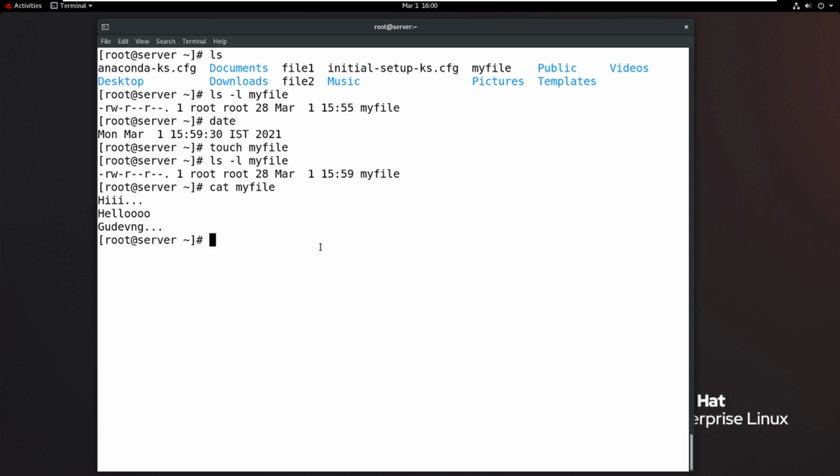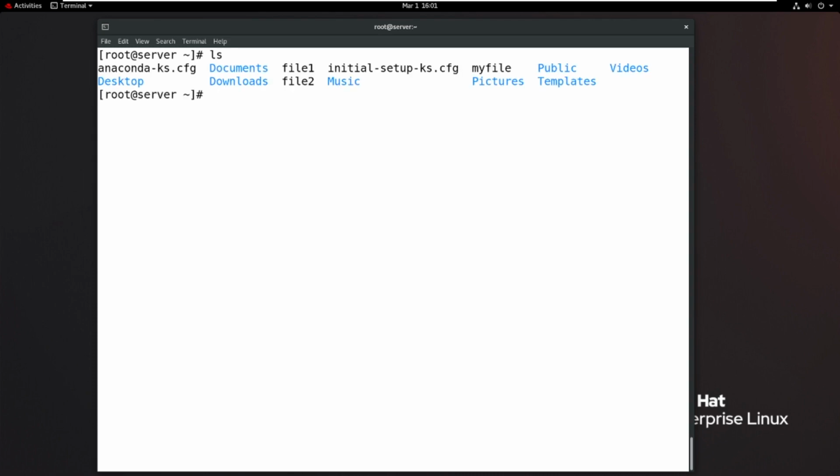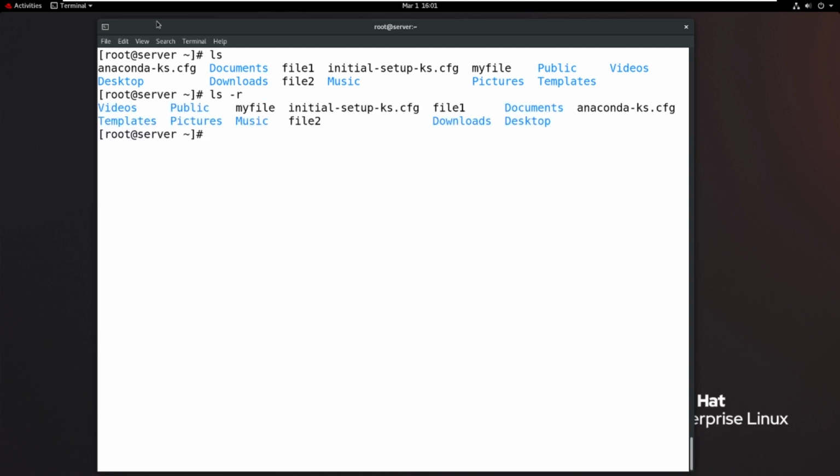And in a real environment, the responsibility of the touch command is changing the file timestamp. Okay, and next, one more important thing: how to list files and directories. Generally ls is the command to list files and directories. By default it is in ascending order, but how to check the reverse? ls -r. It is a reverse order. So A to Z and Z to A.